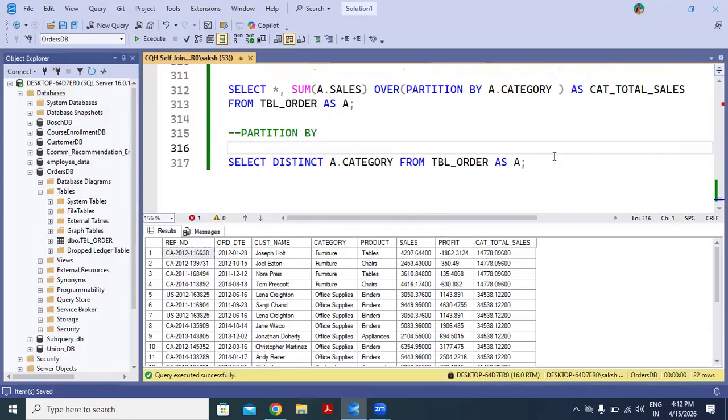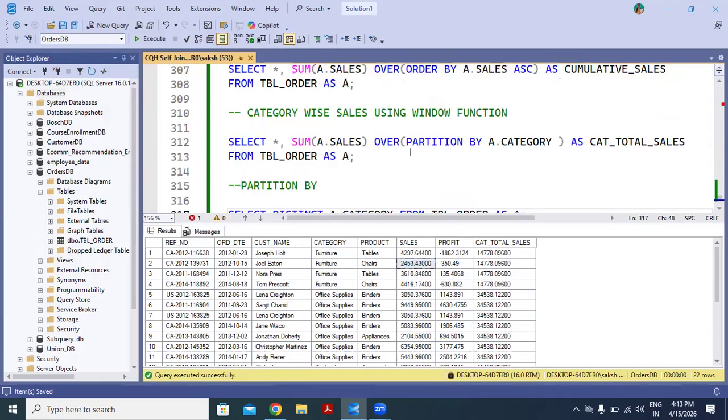Now let's combine both the concepts and try to calculate the cumulative sales for each category. So we have seen how to calculate the cumulative sales for the entire data. Now, if we want to see the cumulative sales for each category, it means this one, and the next is this one plus this one, like we did in the previous query.